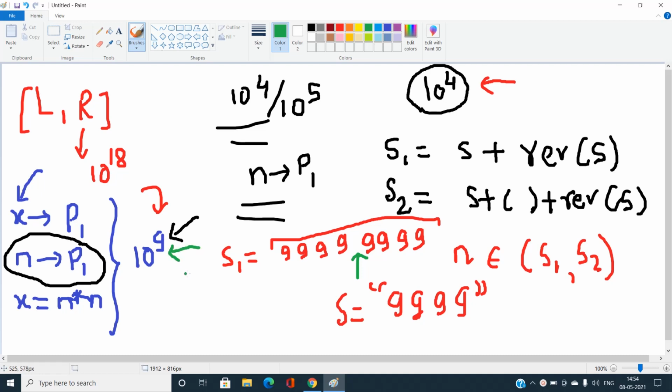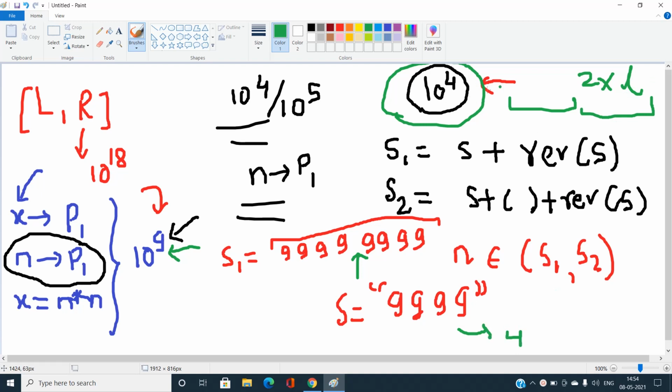So it gives me the idea that rather than checking the palindrome condition, why not build the palindrome? A palindrome is actually a string where one half of the string exactly coincides with the other half. So rather than iterating over the entire 10 power 9 strings, try to iterate over only these 10 power 4 integers, and for each integer I will reverse it to build a string of twice the length of this half part. This half part has maximum length of 4, and the entire string would go to a maximum length of 9, which is under the constraints.